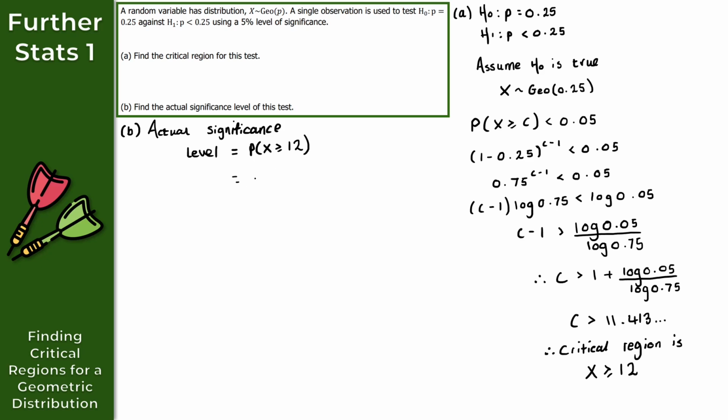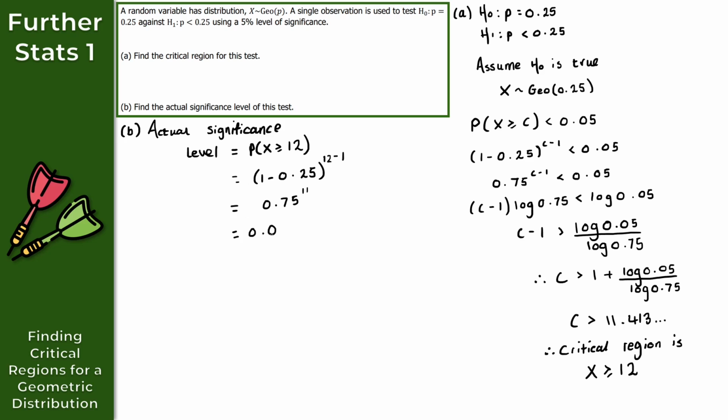Well, this would be 1 minus p to the power of x minus 1, where x in this example is 12. So we do (1 minus 0.25) to the power of 12 minus 1, so we have 0.75 to the power of 11. Put that into your calculator, and if you input that correctly,